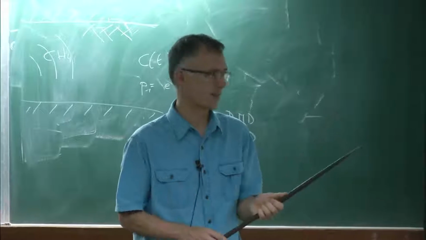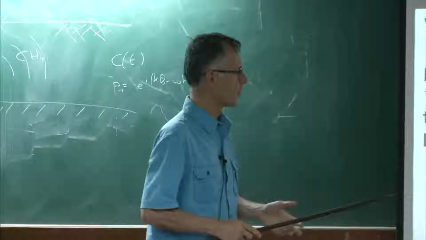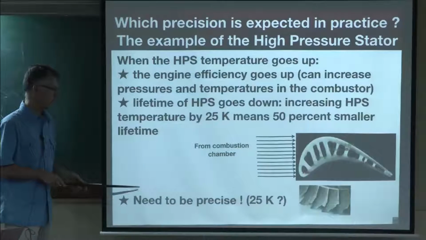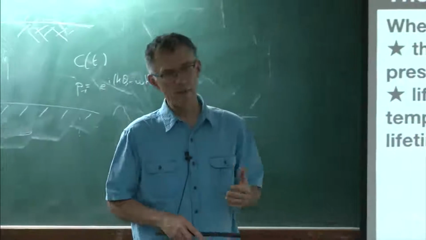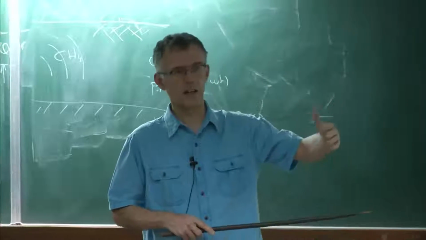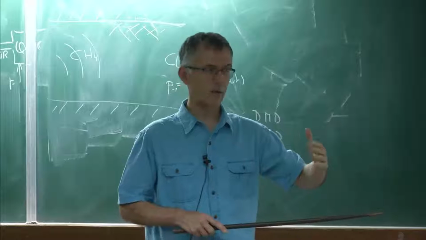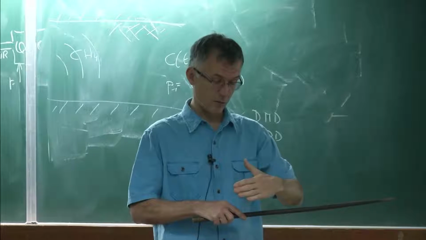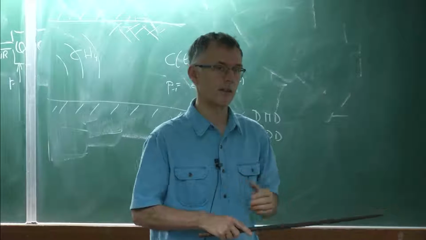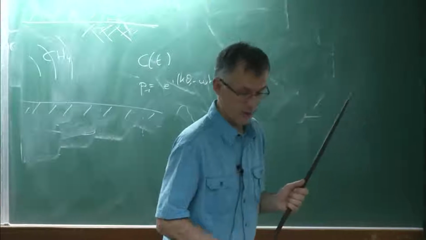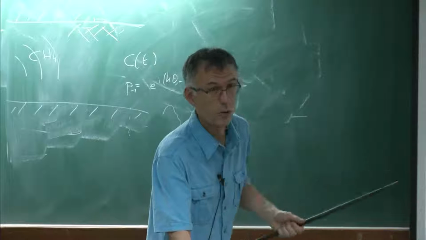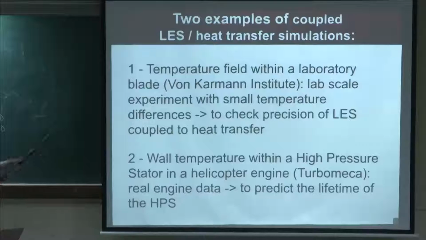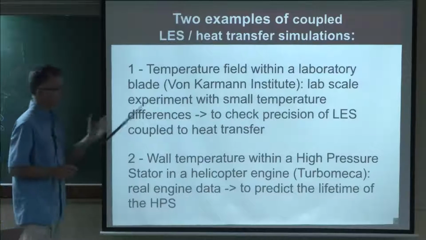I mean, we know that but still, that's what they want. So it's actually, as I said, they want 25K, but then they take a safety margin of 200K anyway. But if you want to compete with other people now, you want to decrease the safety margins, and then you really want to know if you are close to a problem or not. And then you need increased accuracy, and this is where it's good for us scientists that you need better tools to predict that. So I'm going to show you a few examples of coupled computations.